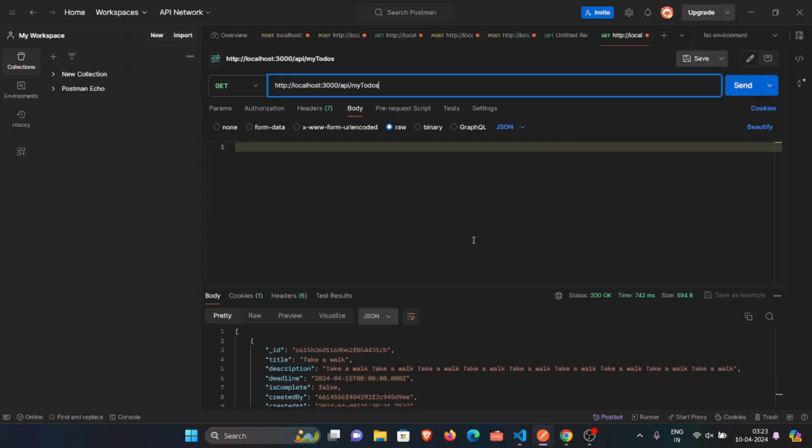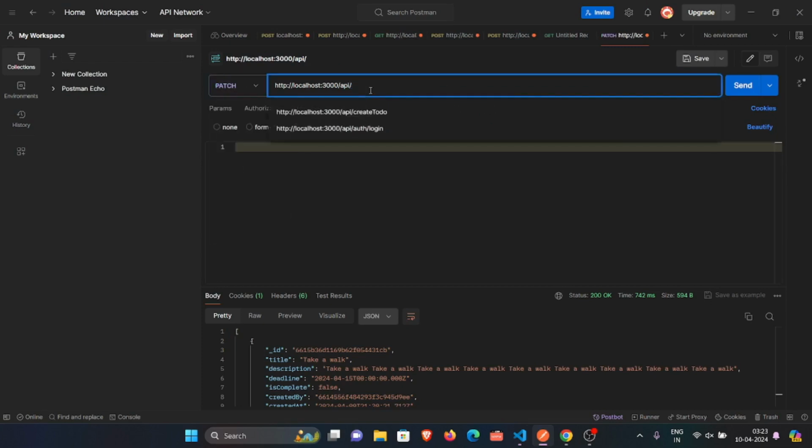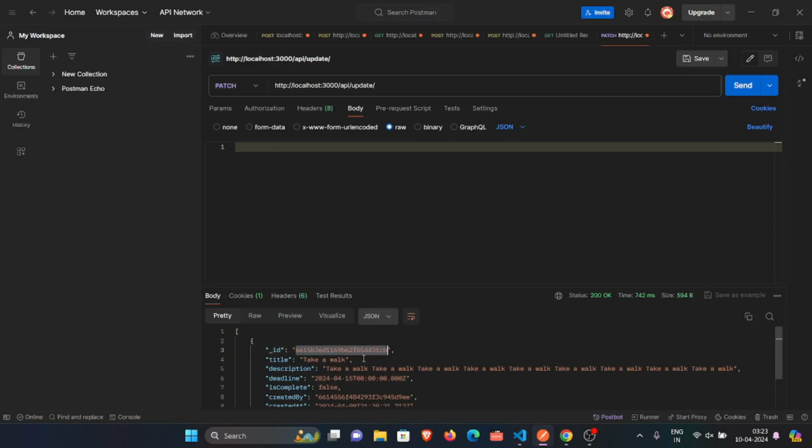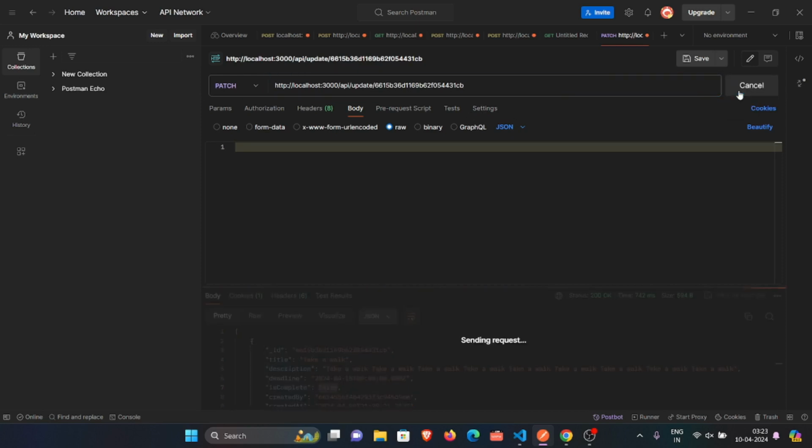So, okay, here we have API slash, it's a PATCH request, right? Let's do the PATCH request and API slash update. And we basically need to provide the todo ID, which we can easily retrieve from here, right? So this is the only todo ID. So the isComplete is basically false here, right? So once we update it, it should be getting true, right? So let's make a PATCH request. Since we are sending nothing in the request, let it be empty. Let's send it,